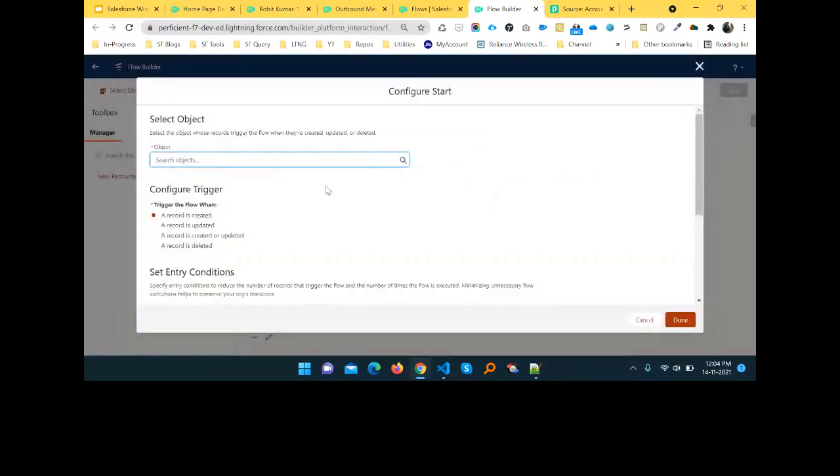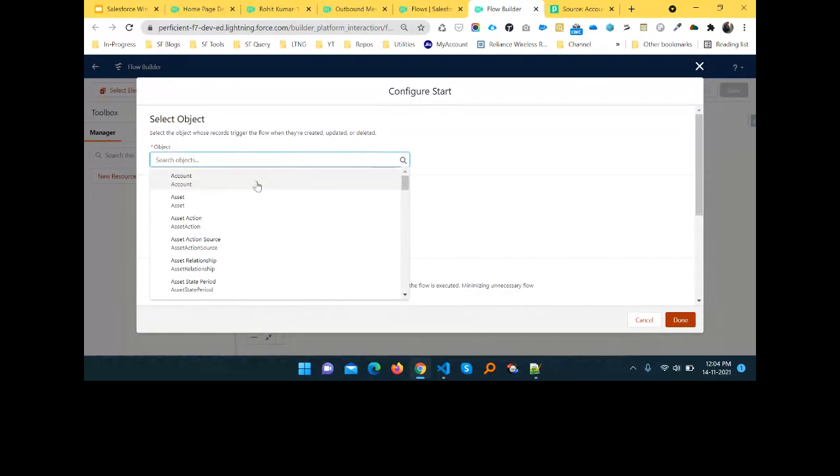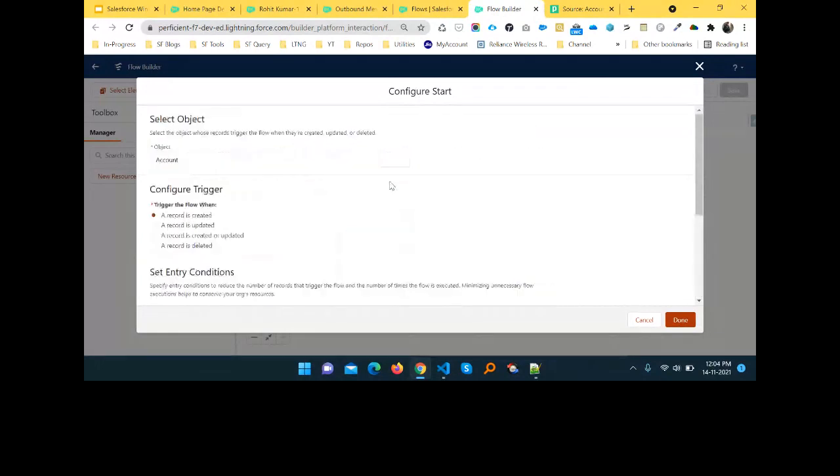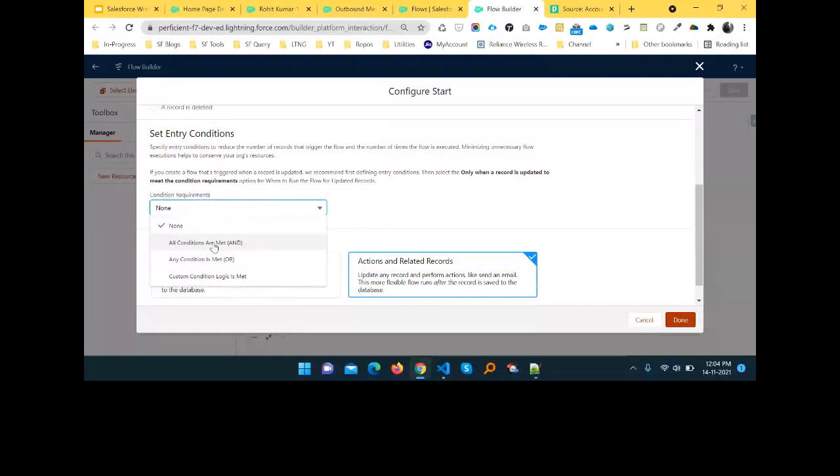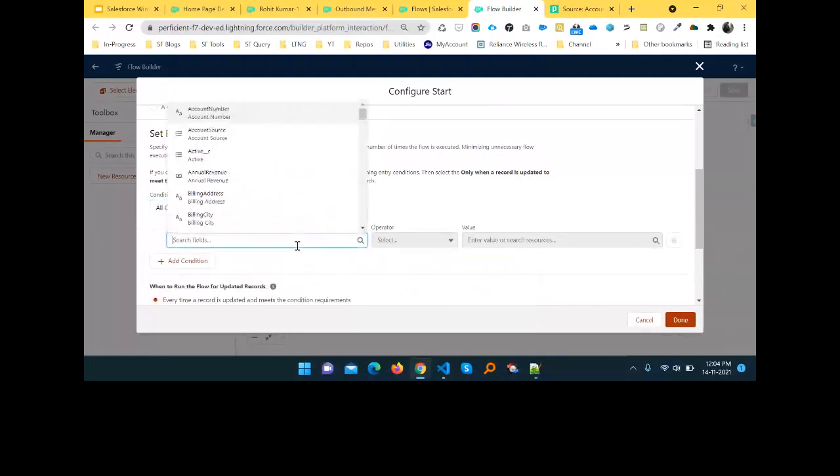And here you can select the object. I want to take this one, Account, and here you can see all these triggers under the flow: created, updated, created or updated, deleted. Let me select this third one, created and every time edited. And some condition should be in, and you can change your requirement based on this selection.